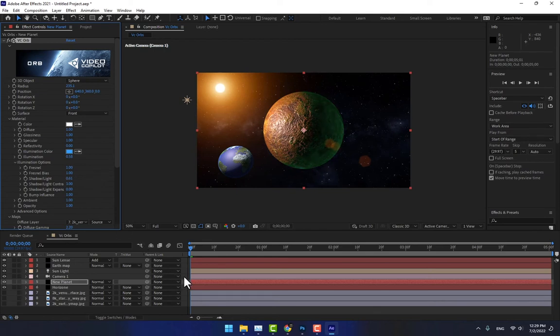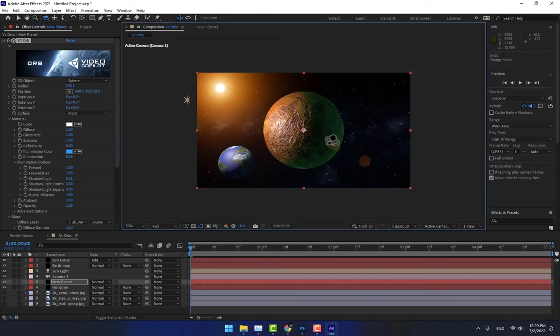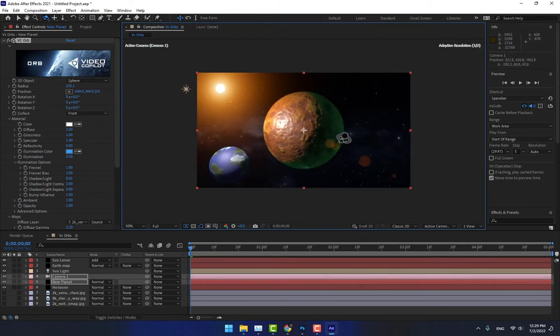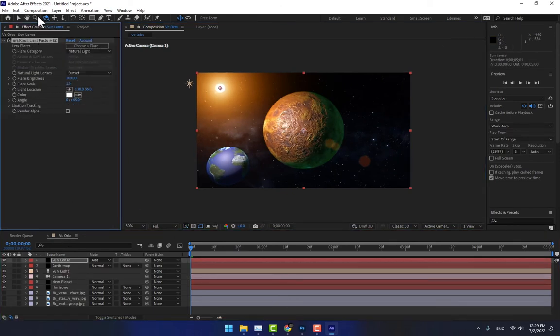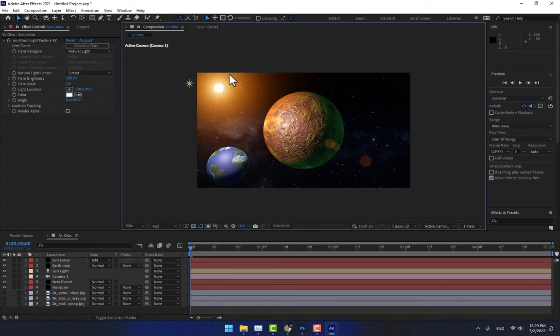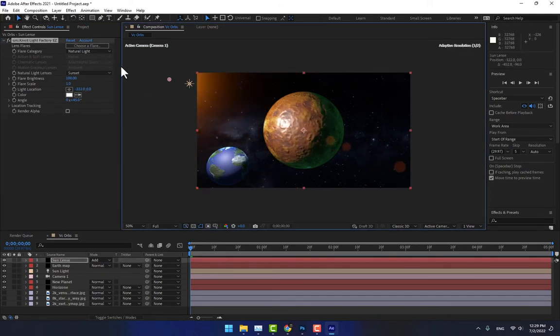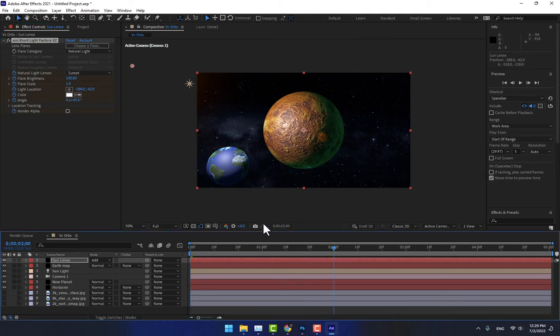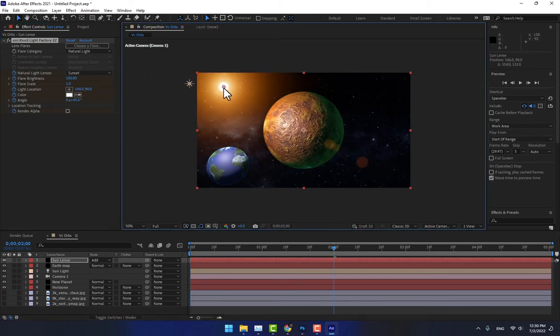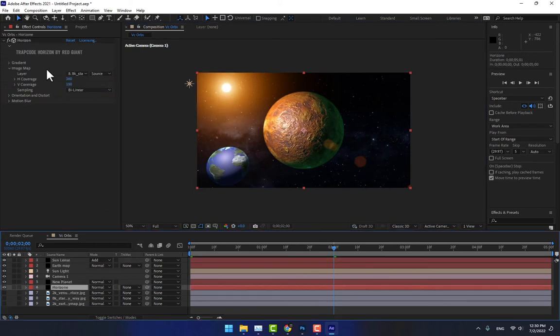And now let's animate this scene. Select the camera, everything is 3D. Everything is looking 3D. So now select the sun lens and move the sun lens here. Stopwatch, go to second 2, move here and select the horizon,